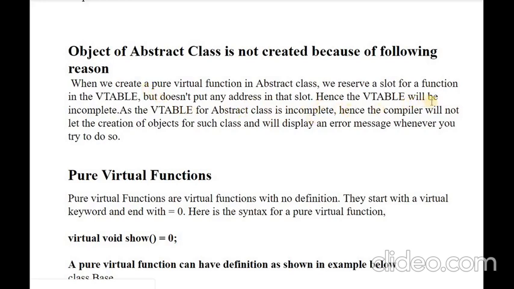Hence this vtable slot is incomplete, it is empty. So it is not possible for the compiler to assign something to it. That's the reason the compiler does not allow abstract classes to create any object of itself.